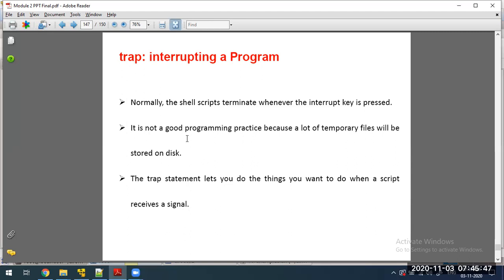In that case, we'll include one extra statement called the trap statement in the script. What that command will do is, during the normal execution, the trap statement will not execute. But whenever it receives a signal, there are different types of signals.